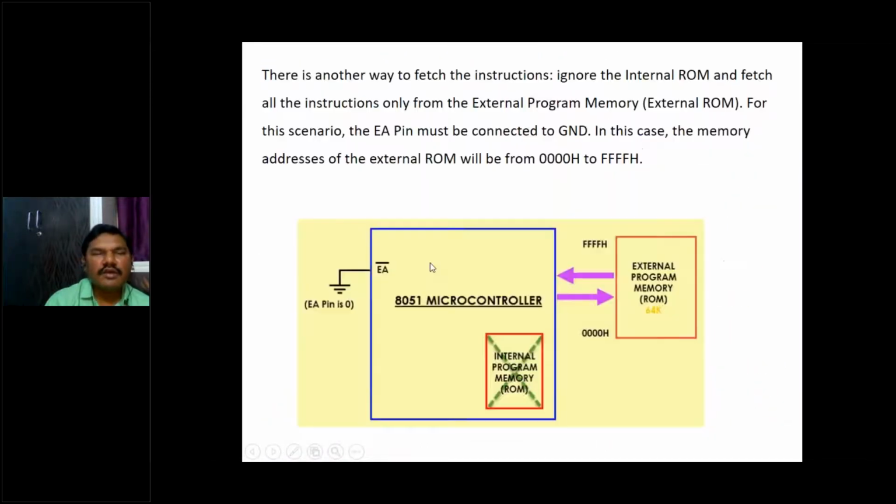Now you see here. When EA bar is connected to 0, 0 means ground, ground means logic 0, and logic 0 on EA bar means external access is active now. So when external access is active, the complete range 0000H to FFFFH is used. Instructions are fetched from the complete 64 KB of program memory available to the user, from the external memory. This explanation I will give in the coming third unit.